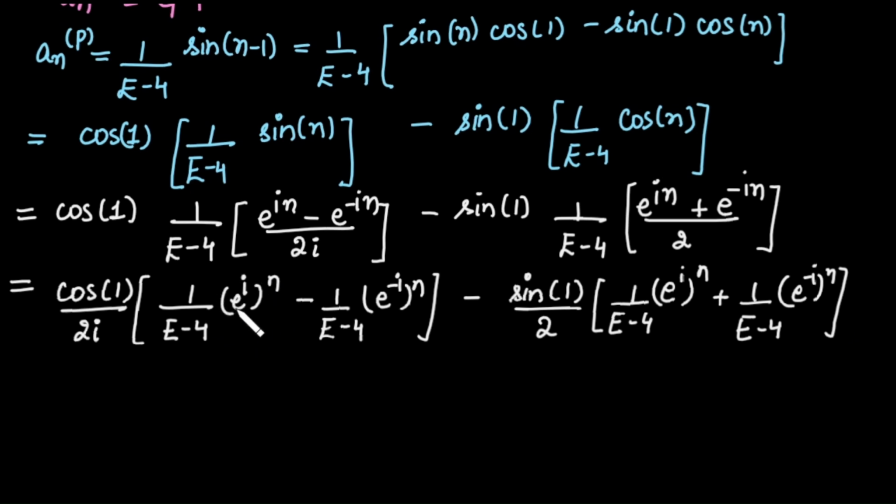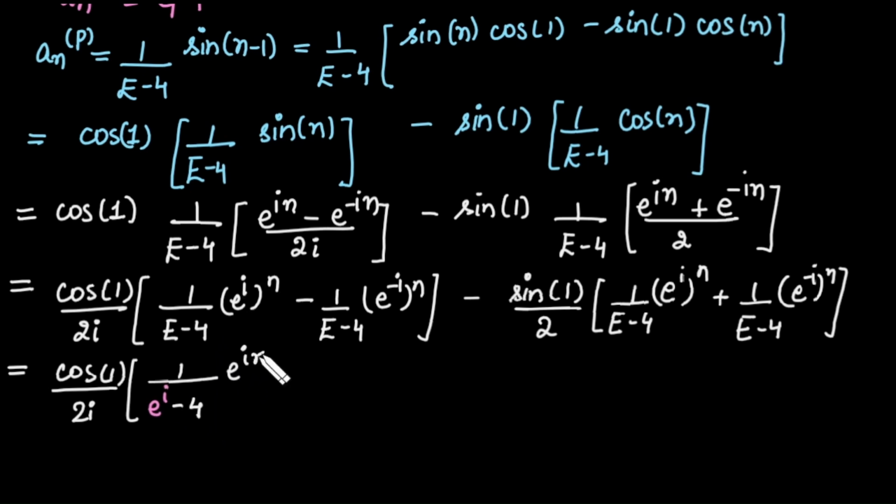Now it get converted into the case number 1, constant raised to power n, and in that case we replace E with constant. So we can write directly from here cos of 1 by 2 iota, 1 upon E is replaced by exponential power iota minus 4 as it is, and this term is as it is, minus 1 upon, here E is replaced by exponential power minus iota minus 4 as it is, and this term is as it is,